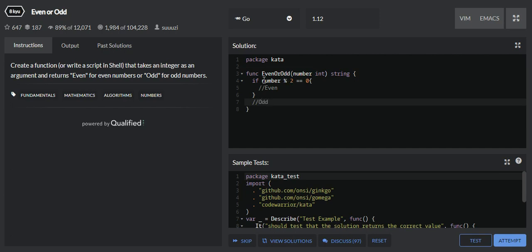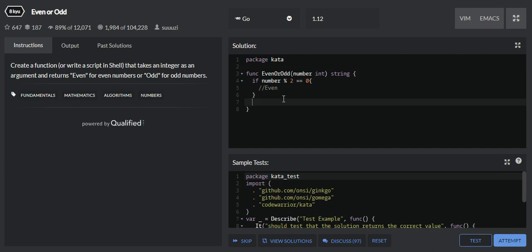Else means if the number is divisible by 2 and the remainder is greater than 0, then we can consider this number as not exactly divisible by 2, and it is an odd number. So we can return odd here.